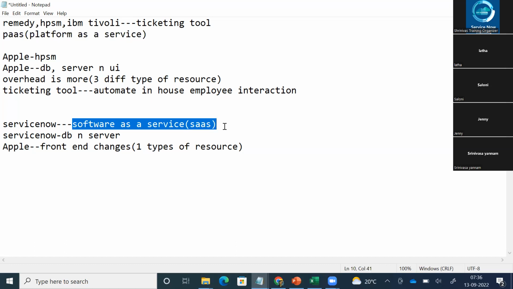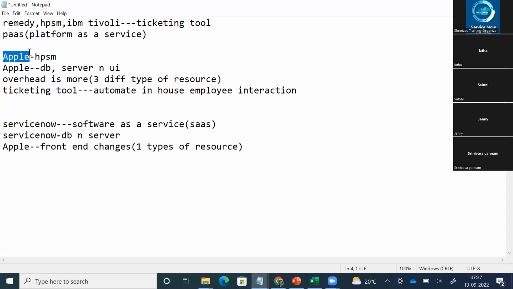Now, obviously, the next question becomes, okay, what is platform as a service, software as a service? Let's try to understand that. For that, let's say, guys, there's Apple, and let's go into the past: suppose Apple decides to use HPSM, one of the prior ticketing tools, as a ticketing tool for its company.